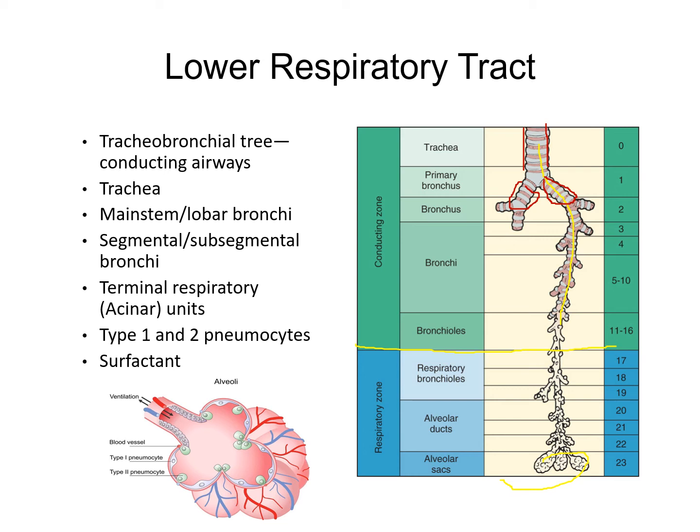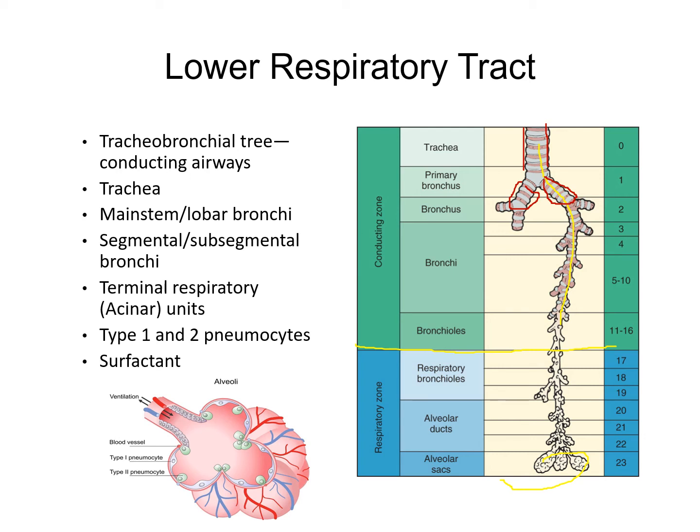So we also have segmental and subsegmental bronchi, and the diameter of those are smaller than the right main bronchi. And then we get into the bronchioles, and finally we get down into the respiratory bronchioles. And what's really important is I want you to understand some of the general anatomy of the alveolar ducts and